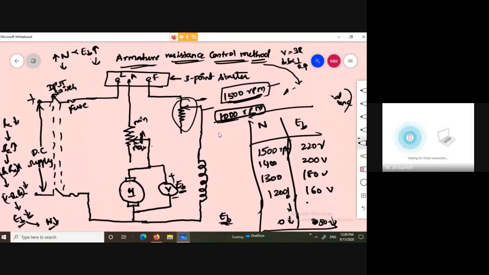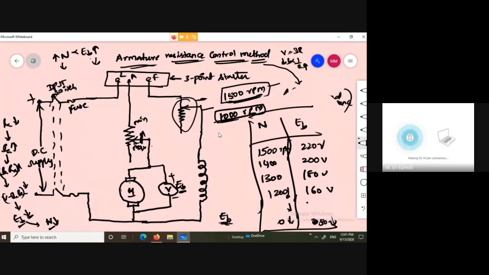So by using this method, we will get below rated speeds. This particular application is used in industries. Particularly we can see in steel plants, there are rolling mills. The steel rolls will come through a crane, and that crane is completely rolled with an equal speed. At that time we are using DC motors there. So the speed will be a very low value, suppose it will run at a very low 500 RPM. This type of control technique is used there.